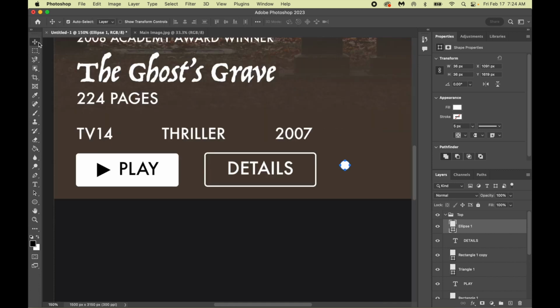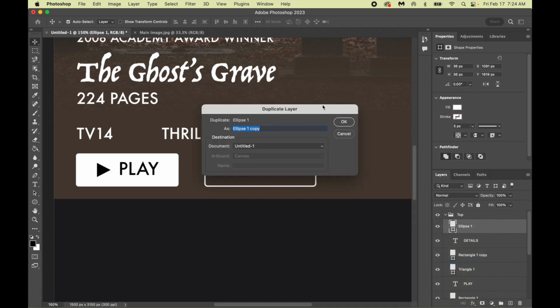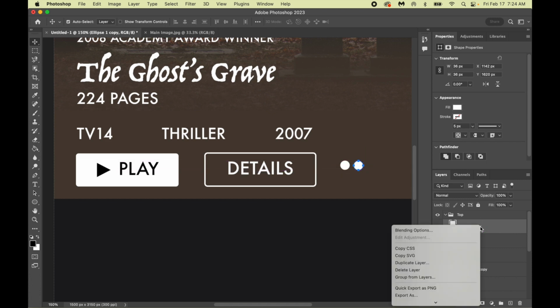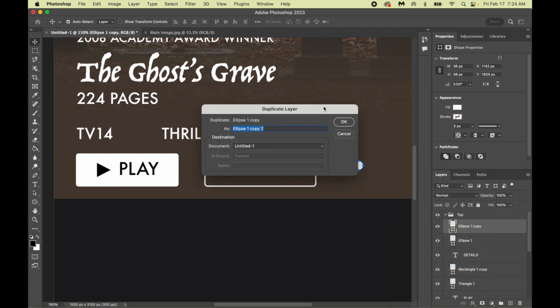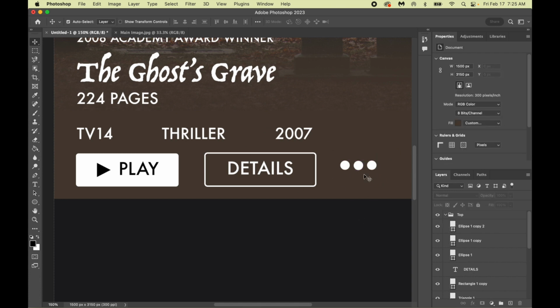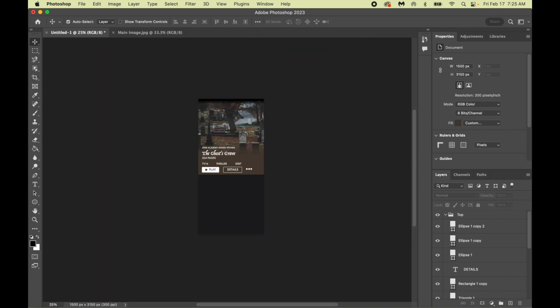So once I have that, I am going to duplicate that layer, and I'm going to move it over. Okay, and then I'm going to duplicate that layer again, and I'm going to move it over. Now, before I do anything else, I want to zoom out and look at it so I can see all of it to see if those are the right size. And looking at that, those are way too big. So I've got to zoom back in,